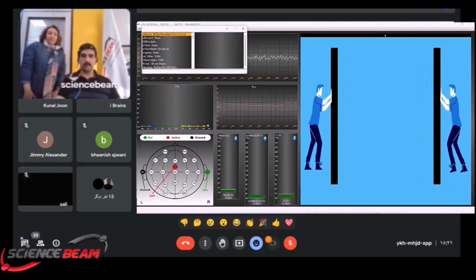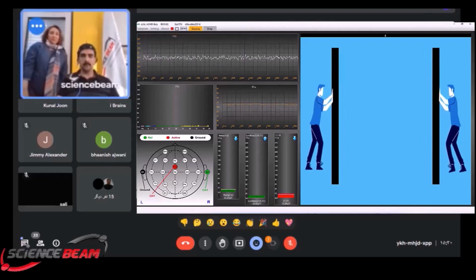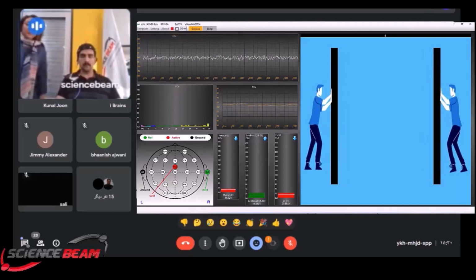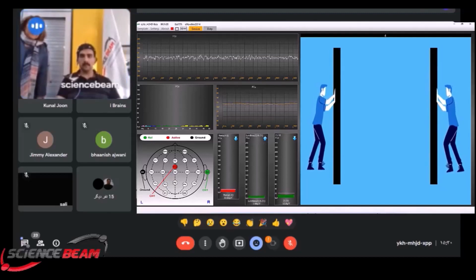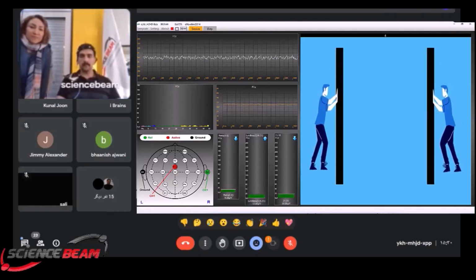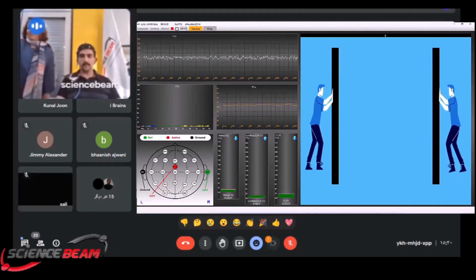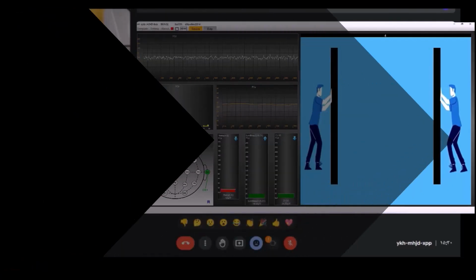Okay, so if you go to the settings, then you play, this play button is the start button. You start recording. You can see how the wave is presented, and you can see those arrows. I told you the arrows show if we want to increase or decrease the frequency of these waves, and you can also see